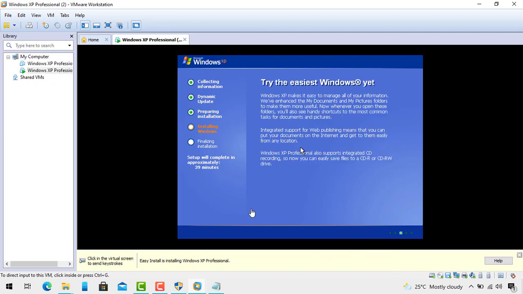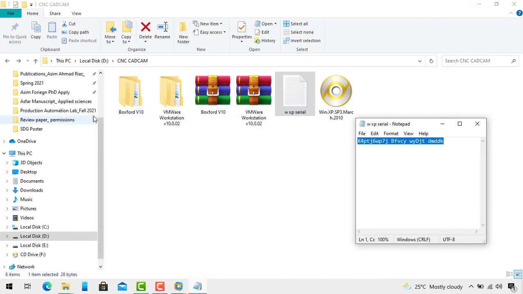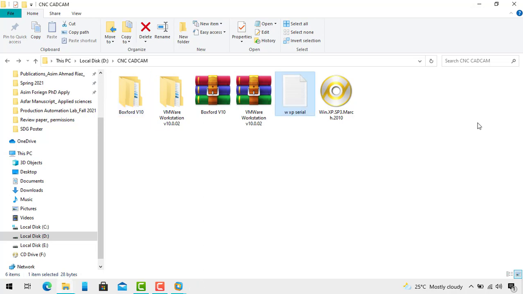It will take some time. During installation of Windows XP, it is better to copy the Boxfort V10 folder into the USB, because later on we will access the USB from the virtual machine.